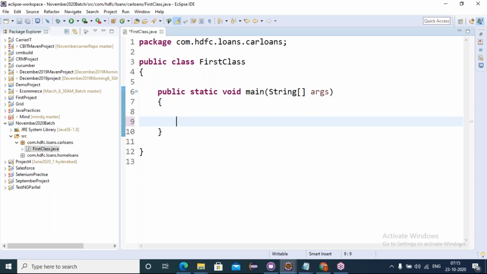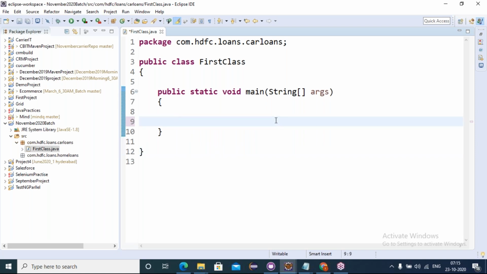No need for hard work typing it completely like System.out.println. There is a shortcut: type three characters in each word, sys, out, out, and just press Ctrl+Space. That's it. Automatically it came, right? System.out.println. In every word we need to type three characters, friends, without any spaces.